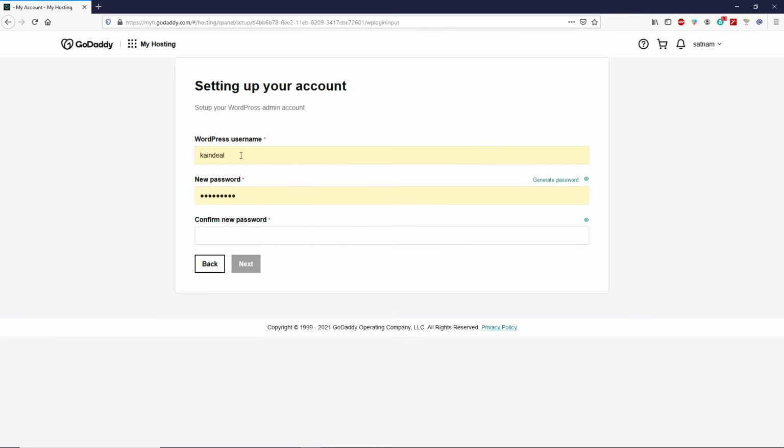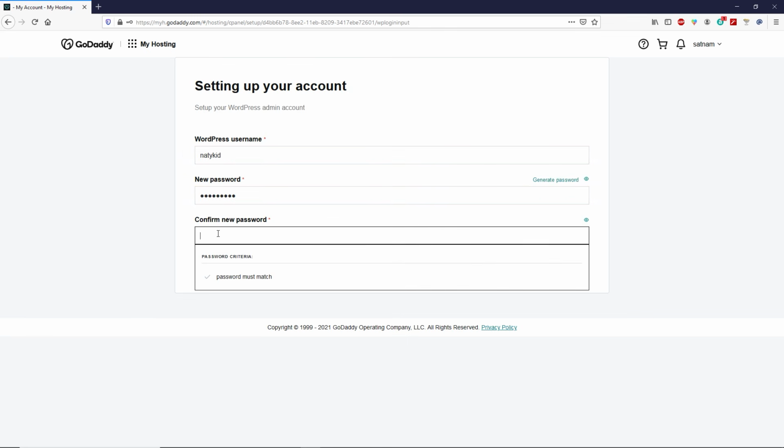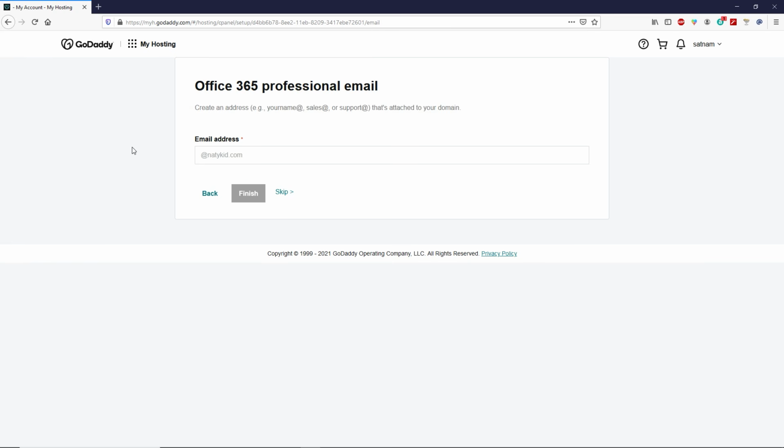Type your WordPress username and create your password and type your password once again and then click on next. So here you can create a branded email ID which look more professional. Here I'm going to type